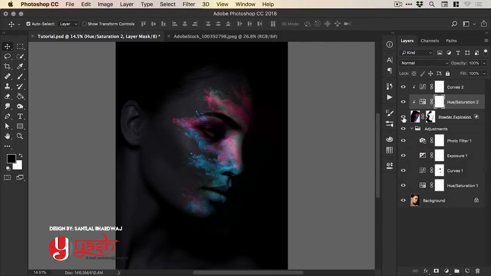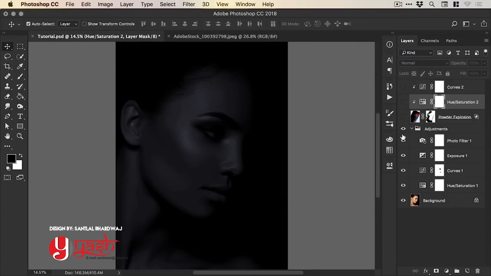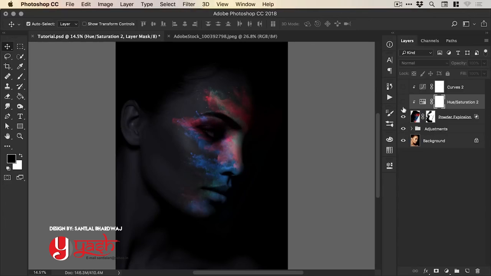And there we go. So we've got our adjustment layers at the beginning that we use to adjust the skin tone of the subject and really darken the image. We then added our powder explosion, and then we've added a couple of adjustment layers just to really enhance that